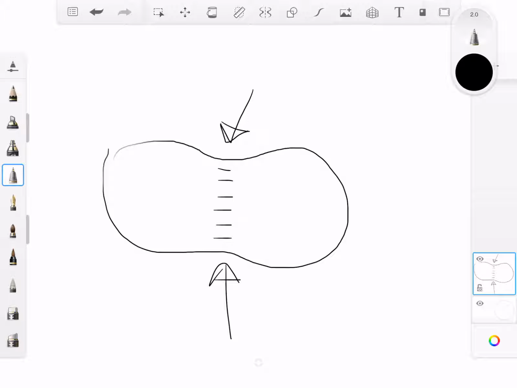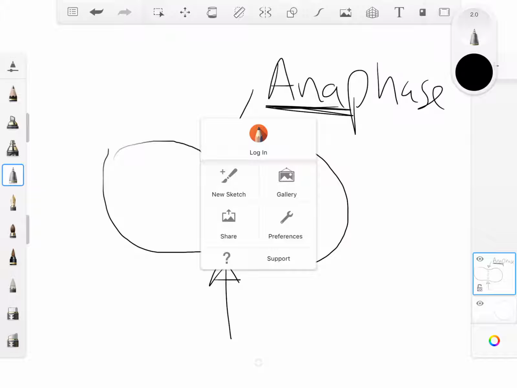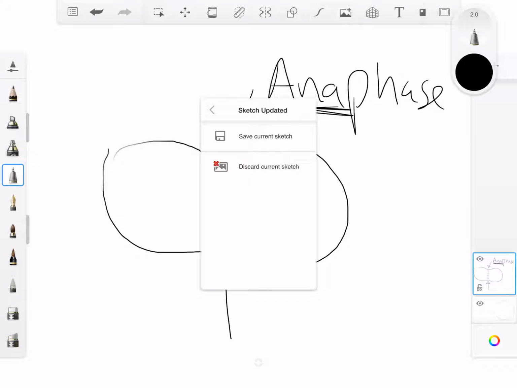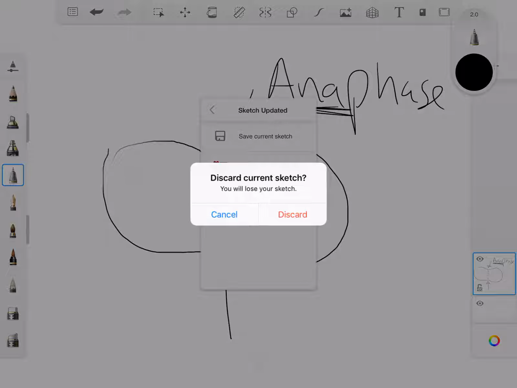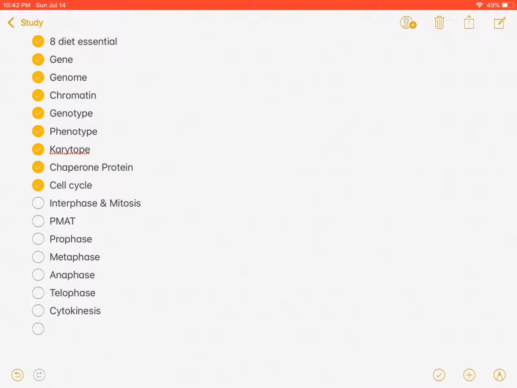But once this happens, this is your anaphase. Once this begins to happen, and it begins in the anaphase, this is called cytokinesis. And at the end, when the cell finally divides, when the cell goes from 1 to 2, you have your two daughter cells. That is telophase. So we went over interphase and mitosis, PMAT. We know what prophase is, metaphase, ana, telo,